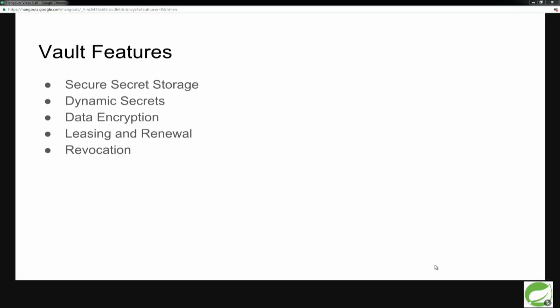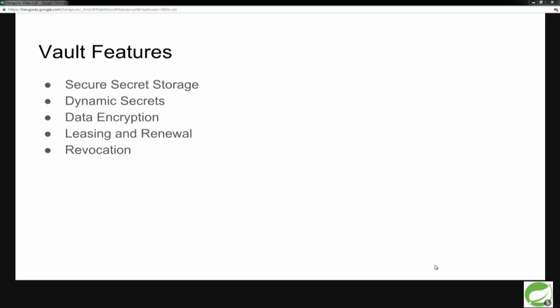I'm glad you asked. Vault has different backends, and one of the backends it can do is something like MySQL. So let's consider a scenario. You have a prod issue, and you need a username and password. And you say, admin, give me a username and password for this prod issue.